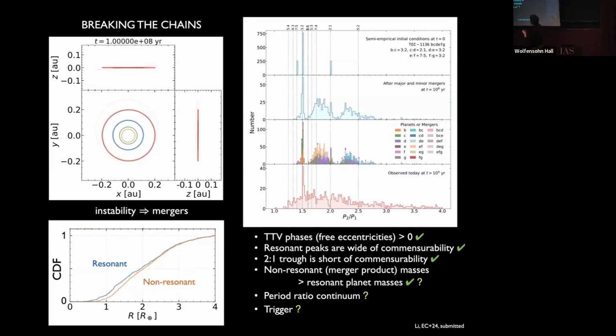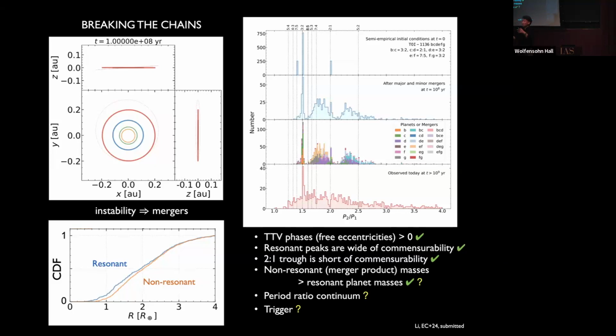And after 10 to the 8 years, this is coming from thousands of clones of TOI 1136. We get them to disrupt, and we create a distribution that looks like this. It's a little faint. I don't know if I was hoping the lights could be dimmed a little bit, but let me emphasize that I think we're getting some things right. We get the fact that the surviving resonances, the surviving resonant pairs, are systematically wide of resonance. You see that from the observations here, okay? And half of that reason we get for free, right? Because we started them there as a consequence of dissipative capture.